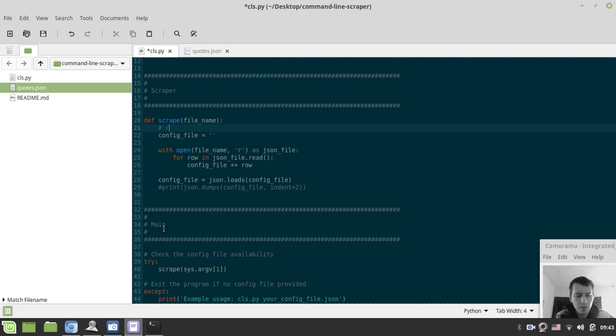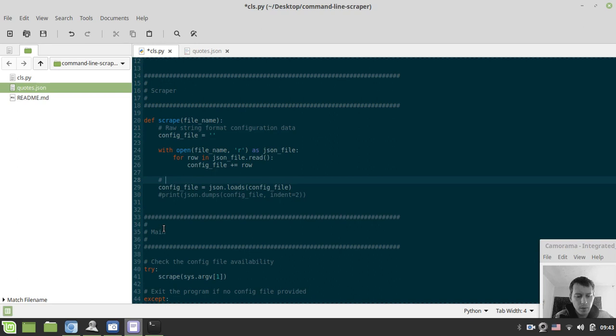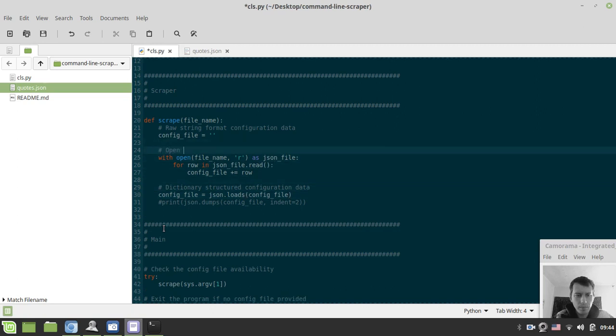So this is actually a raw string configuration data, raw string format configuration data, and this one is a dictionary, structured configuration data. Open configuration file here. Okay, so